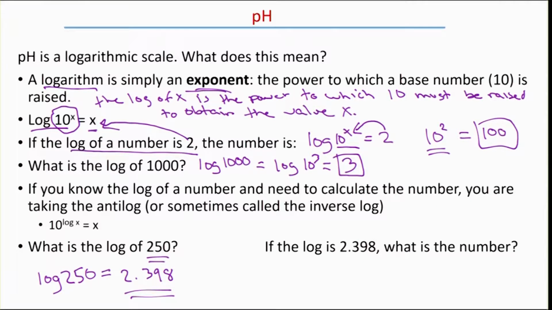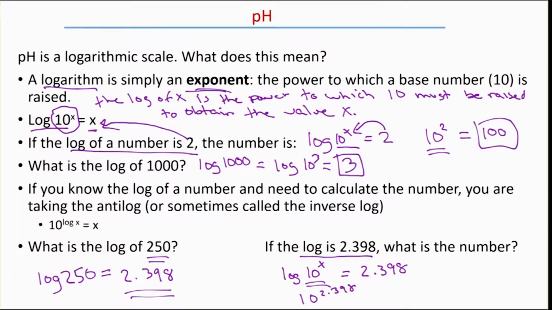So we can then go the other way, okay? If the log is 2.398, what is the number? Well, what is that asking again? If the log is this, what is this number right here? And so we need to take 10 raised to the 2.398. So instead of typing in log of 250, I want you to type in 10 raised to the